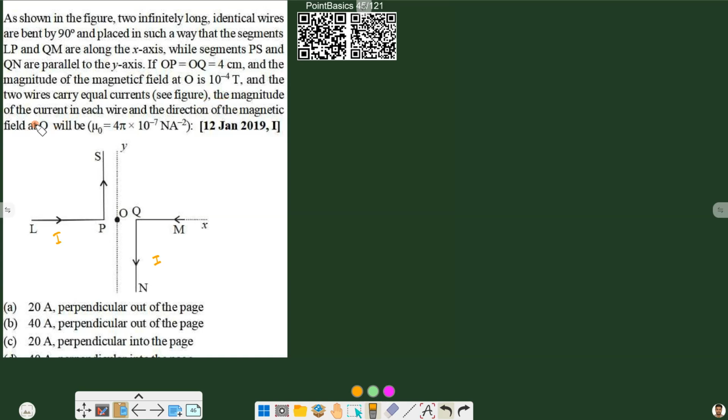The magnitude of the current in each wire and the direction of magnetic field at O will be... Okay, so we have to find out the magnitude of the current and the direction of the magnetic field. So first of all, let's find out the direction